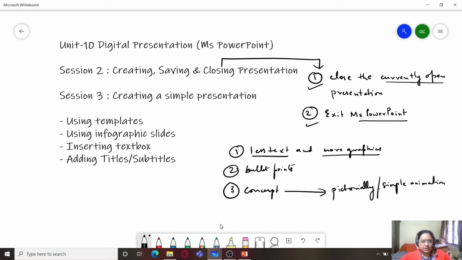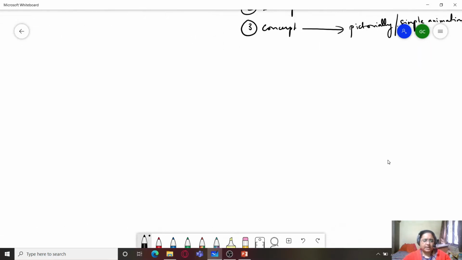So we'll take a small example which will allow us to do that. For example, ecosystem. What is an ecosystem? Firstly, I will tell you about what an ecosystem is. It is a basic environment within which we have a combination of living and non-living things, as we have already studied in the chapter on green skills.